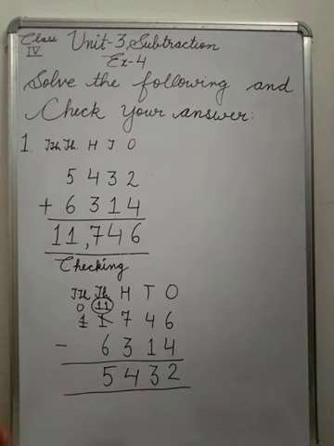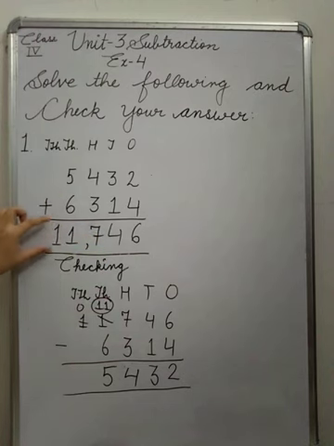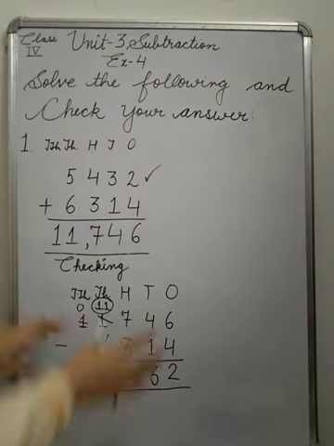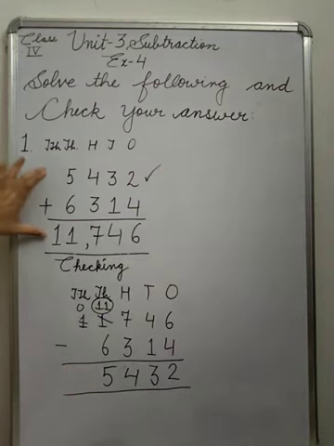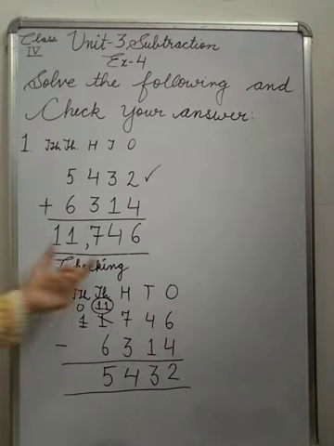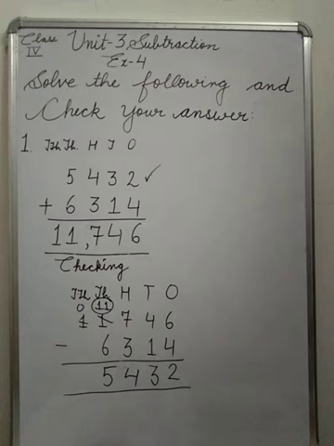Have you seen? You got the second number. That means when you subtract this number from this, you get this number. Okay, see, that means your addition is correct. So this is the checking procedure. You subtract this one, you get this one. This is your checking procedure. Okay, move to the next.